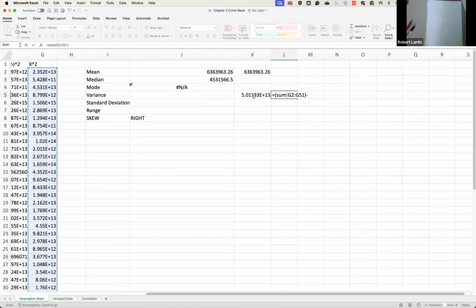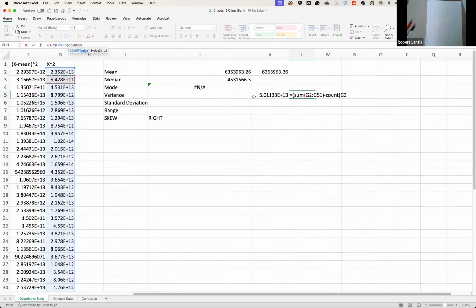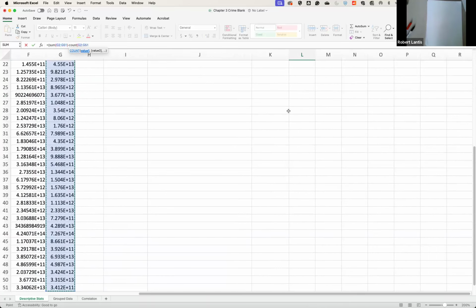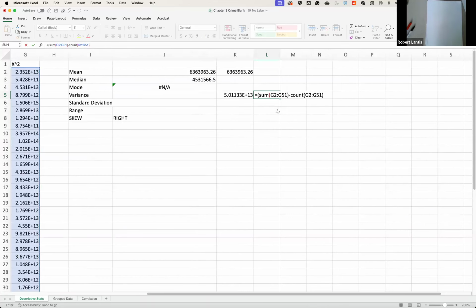Subtract from that the number of observations. I could use the count function to find that, or again, this one's kind of easy because it's 50. So there's the number of observations I have. I need to multiply that number of observations by